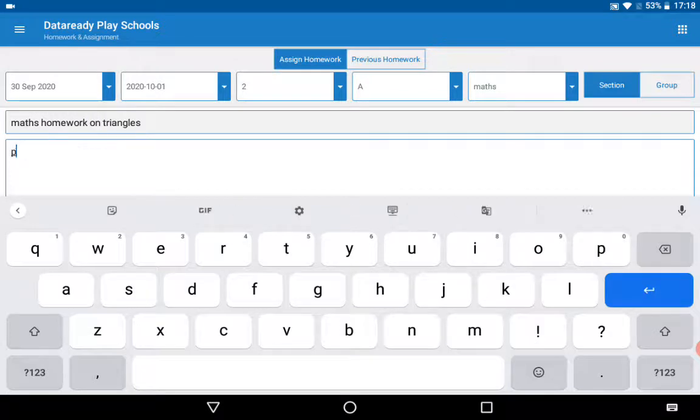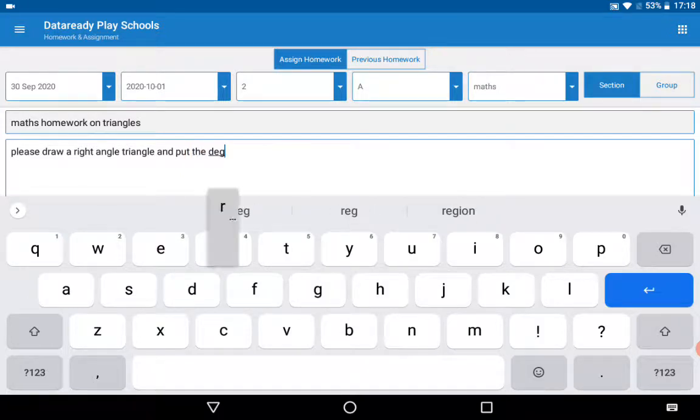Now the message is: please draw a right angle triangle and mark the degree in each corner.